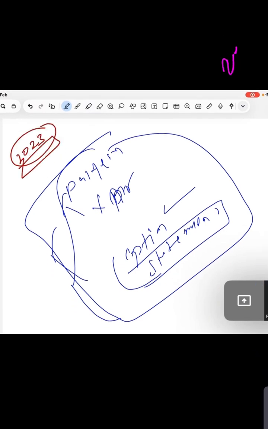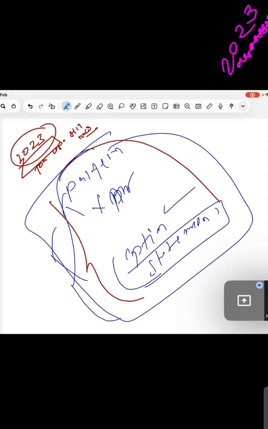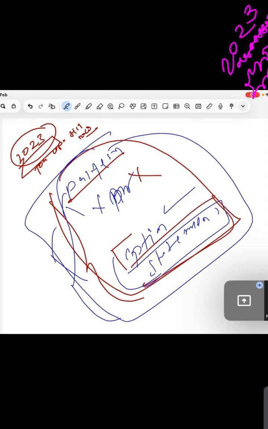2023 paper. It is one of the toughest papers of UPSC set till now. But we will solve it with common sense. We will not use formulas and all, just common sense. And in my method, there are two approaches. First, understand the pattern, not focus on the process. Second, if a question has a difficult statement, go for the options, or vice versa. So two things. That is my approach to solve the CSAT actually.